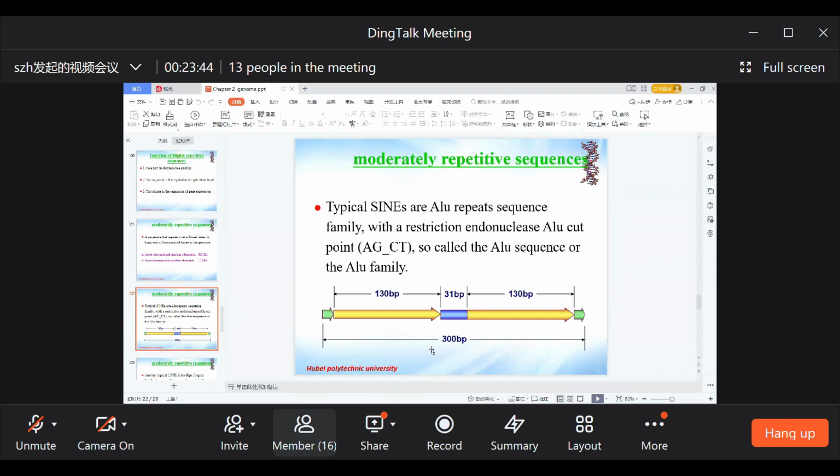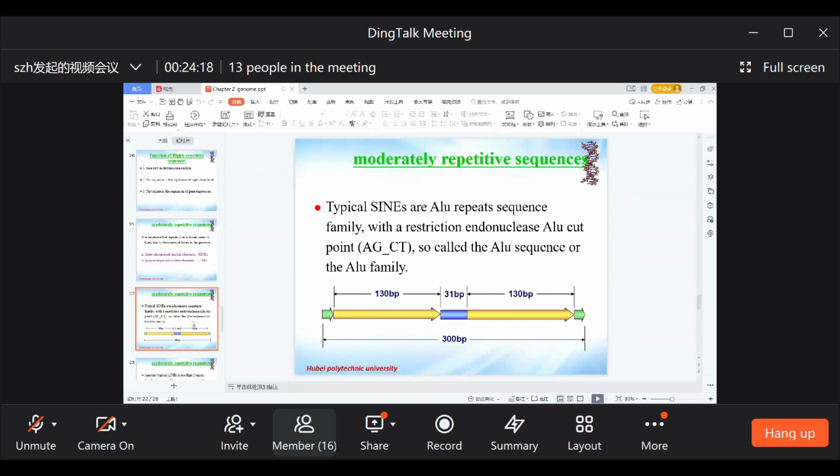the ALU sequence, the ALU family. In the future, if you are asked what the ALU family is, what the ALU sequence is, you answer this question: this is one kind of moderately repetitive sequence